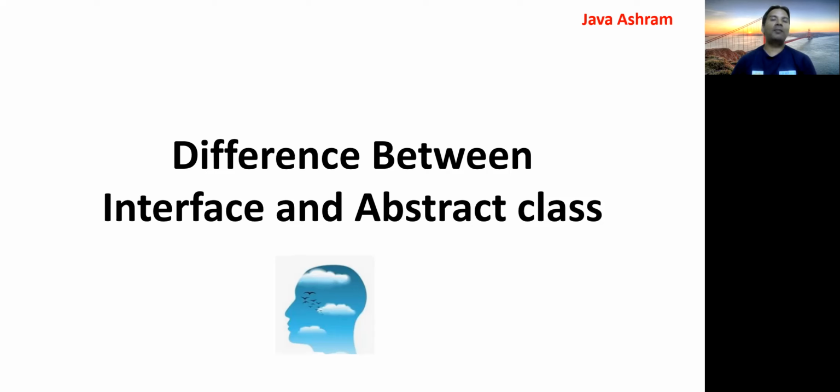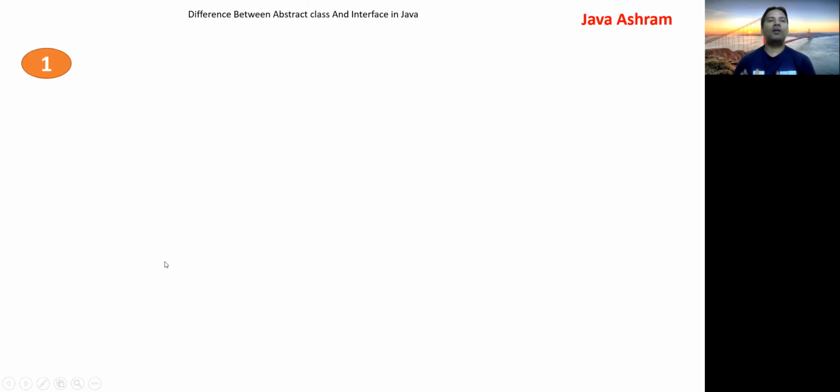It totally depends upon your analysis and design thinking in which way you should go, when you should go with interface and when you should go with abstract class. There will be a couple of differences. Let's go one by one, and we'll also see in the practical session by writing the code how we can understand better.